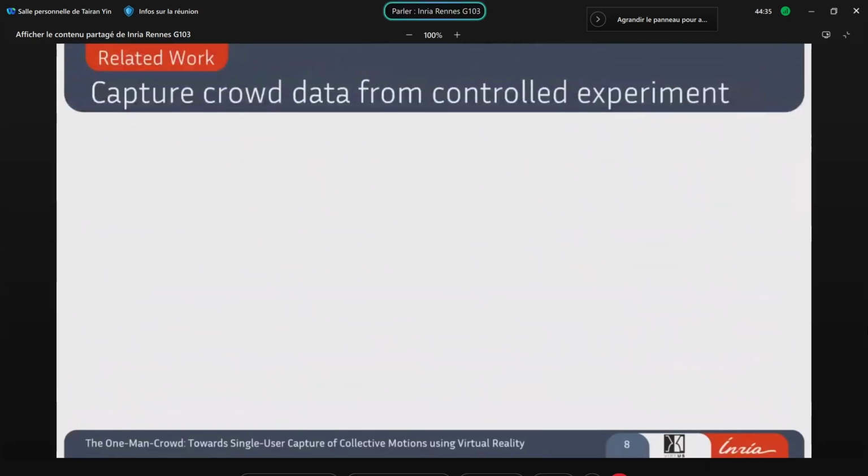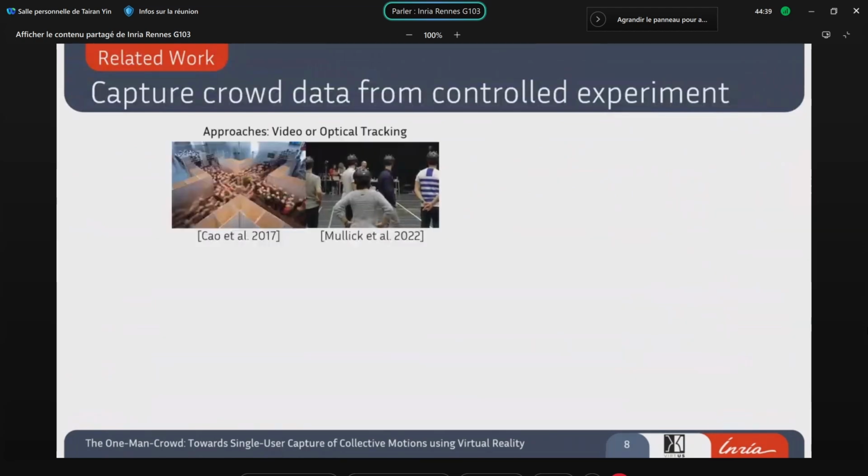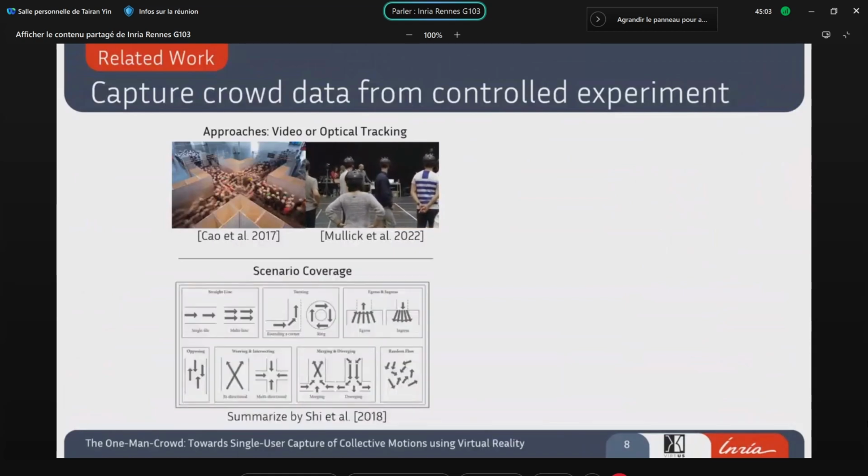Conversely, controlled experiment allows us to capture crowd movement in a high-quality manner. In the laboratory condition, the experimenters will have the time to equip the participants with materials such as a hat with special colors and with a QR code, or in some cases, which is based on the optical solution, they can put reflective markers on the head of the participant. And this maneuver can effectively facilitate the tracking of pedestrians.